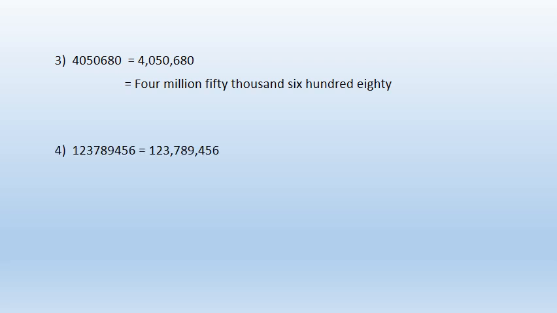Same numbers we have copied down. We have placed the comma. So this is ones period, thousand period, and the last one is million period. So we are going to read it together. 1 2 3 as 123. Which period? Million. So we are going to write down 123 million. 7 8 9 together how do we read? 789. It is in which period? Thousand period. So we are going to read it as 789,000. And the last one is 456. We'll read together as 456. So how we are going to read this number?